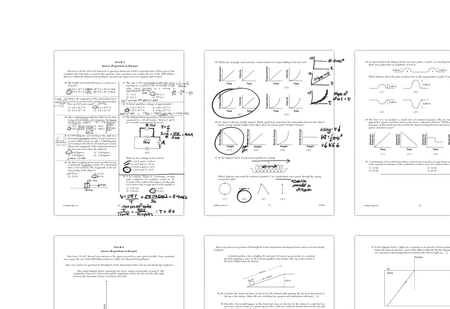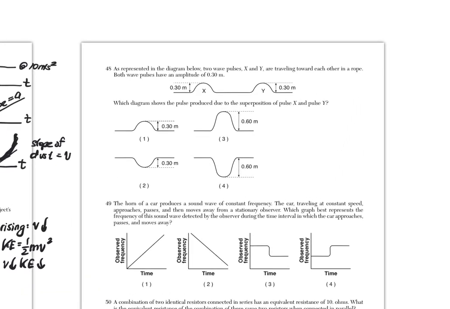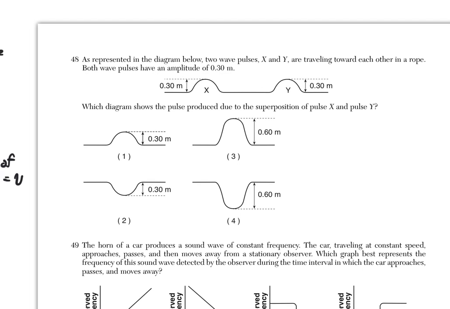All right, next and last page in the B1s, we have 3 questions here, 48, 49, and 50, and it'll end the multiple choice. So I have 2 crests, X and Y, they're 0.3 meters high. If you superimpose the 2 of them together, so that's when they interfere,